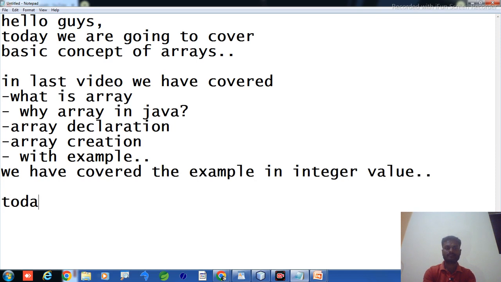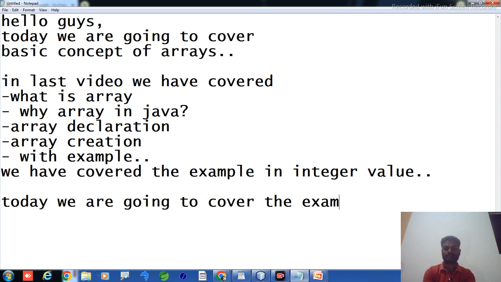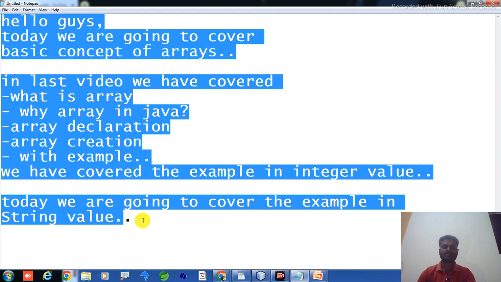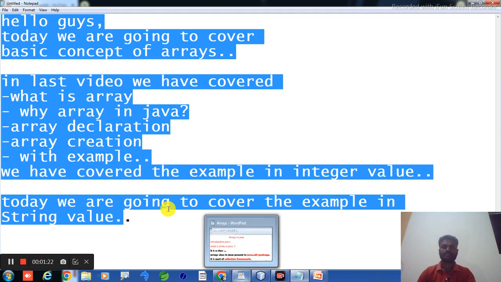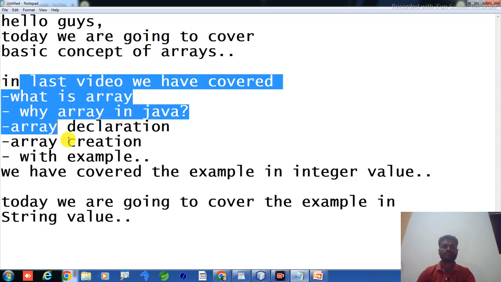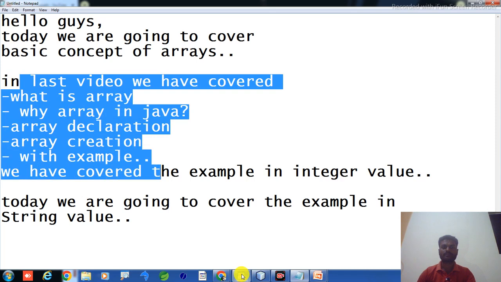Today we are going to cover the example in string values, how to use string values in an array. But before that, I am going to repeat the previous topics very shortly. Let's discuss the previous topic again.